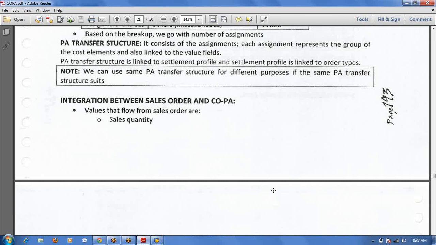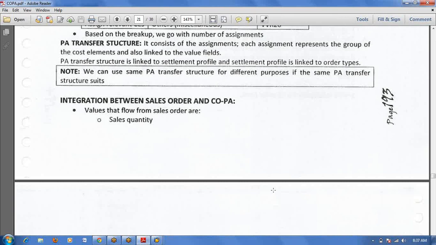Make to order means the customer will give the requirement. Based on that requirement, you will start the production and you can sell that material only to that particular customer. Here, the sales order will carry cost also in some cases. For that purpose, you will use sales order is a cost update.